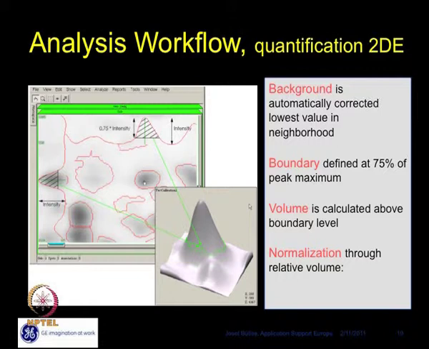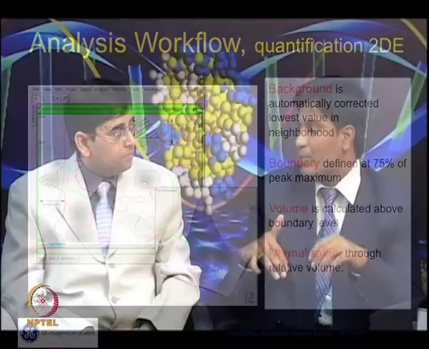It is leaving some portion and creating the particular boundary, so that the total volume is taken above the boundary only. It's not taking anything below the boundary, so we are directly eliminating the whole background. This is what will help you.